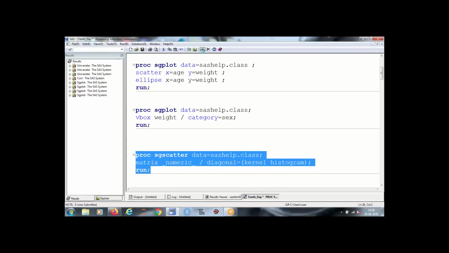And with matrix, you can plot a histogram and a scatter plot of all the numeric variables.